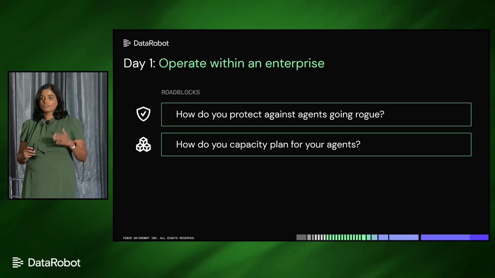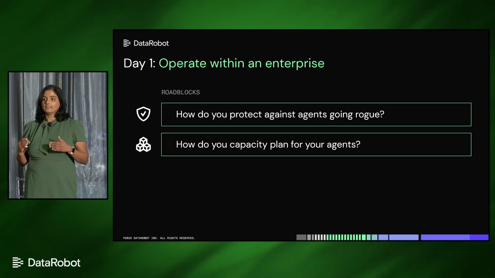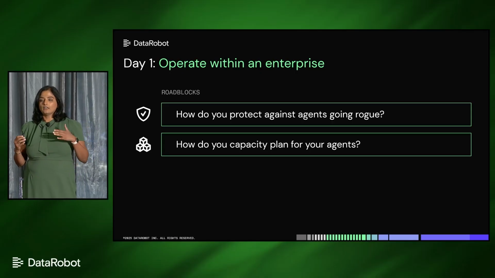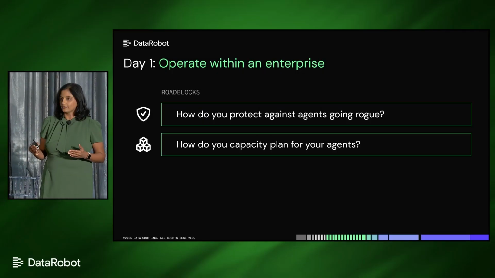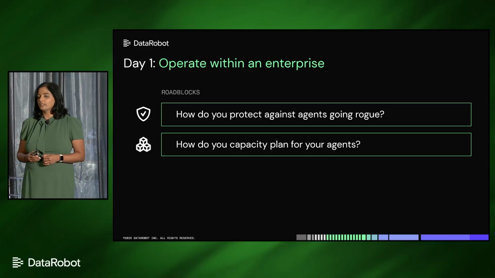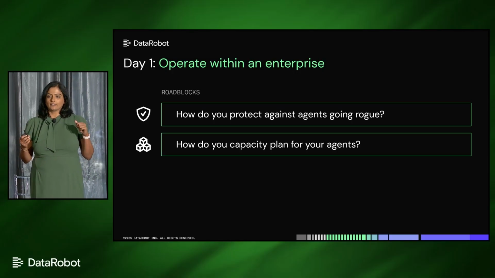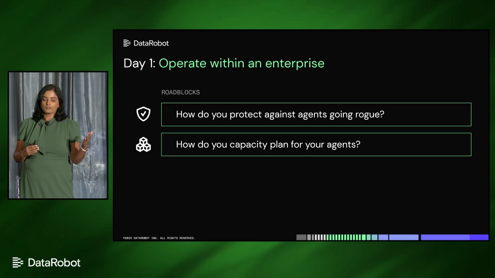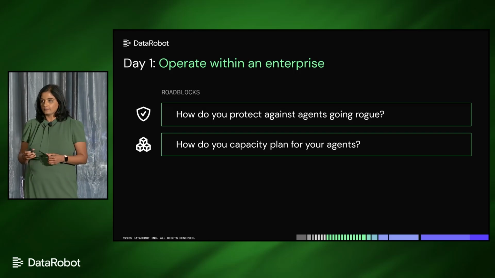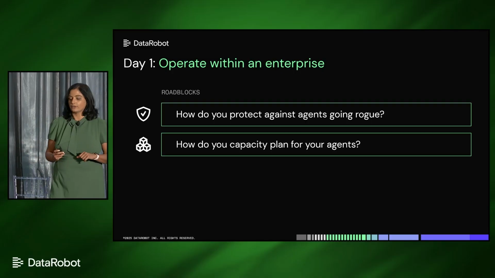Secondly, we heard John and Debanchan talk about how these agents require a fundamentally different infrastructure. They talked about the AI factory. So how do you make sure you have the capacity plan to give these agents the capacity that they need? These agents are all non-deterministic, so you wouldn't know ahead of time how they would scale. And as they interact, again, across hundreds or thousands of users within your organization, they will need different types of capacity, different amounts of capacity at different points in time. So how do you capacity plan for your agents?